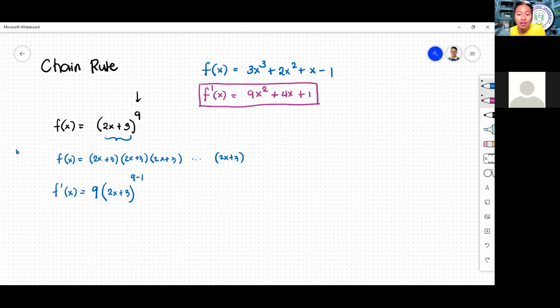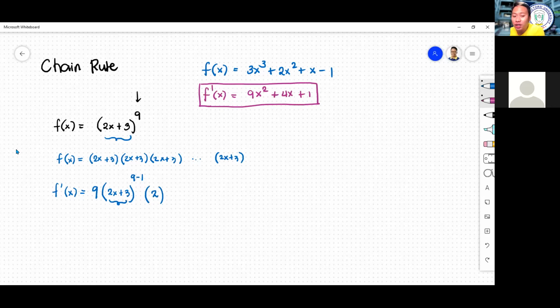So this notion that I did here, guys, is simple. This was based on the power rule of derivative. Not yet done, though. This is where the chain rule would take effect or kick in. You have to multiply the entire term by the derivative of the term inside the parentheses. So what is the derivative of 2x plus 3? The answer is 2. Copy?